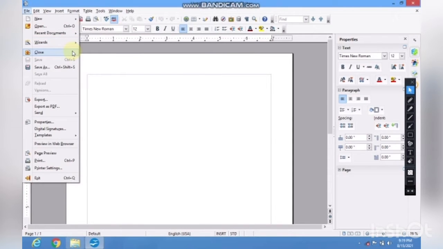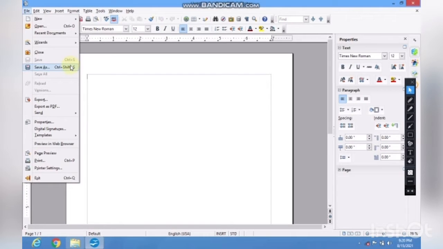Moving to the next tab, when you click on the close button, you can close the application. So here with the help of this you can close the application. Next one is save. If we made some changes in our document which was previously created, and we have done any updation in that, then we can simply click on this save button, or else we can press the shortcut key Ctrl+S. So the changes in that particular document are saved.